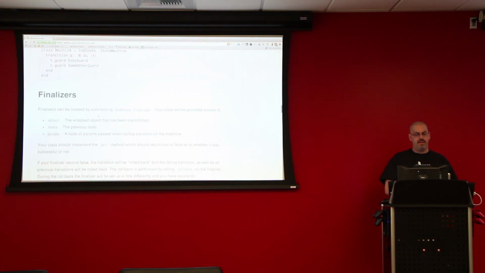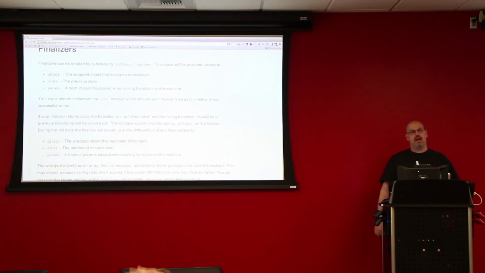On the other end, we've got finalizers. The idea being after you transition, you might want to do quite a few things. And so they act almost just like guards. The difference